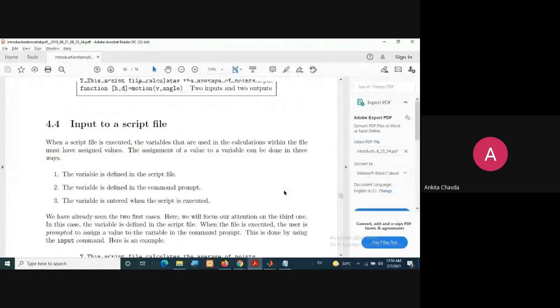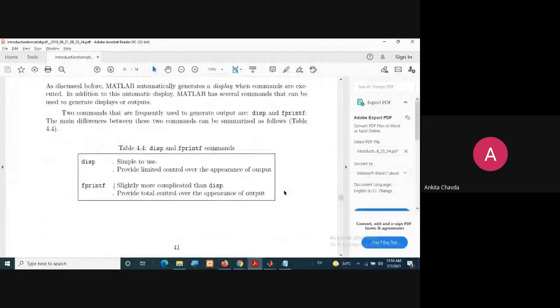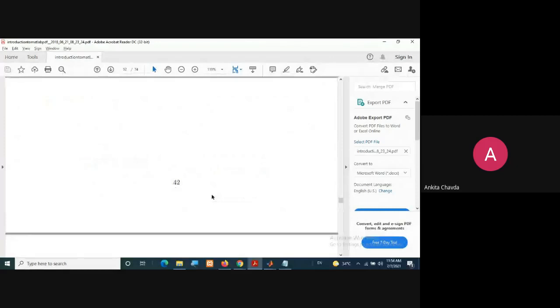So I'm skipping. Yes, you can just remember, if I wish to display anything in C language, if I wish to display anything onto my screen, then I used to write the printf function. Okay. So in a very similar way in MATLAB, you are having 3 functions. One is sprintf, another one is fprintf, and the third one is disp, display. Right? This is how you can write onto your screen. One of the examples we have seen in our theory session. Now we can move on to the control flow, or you can say the control structure.